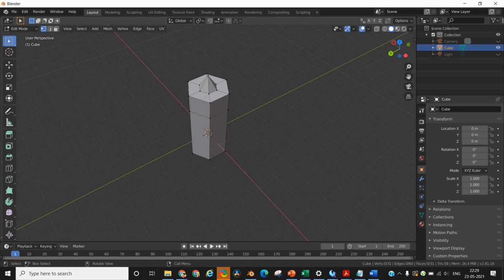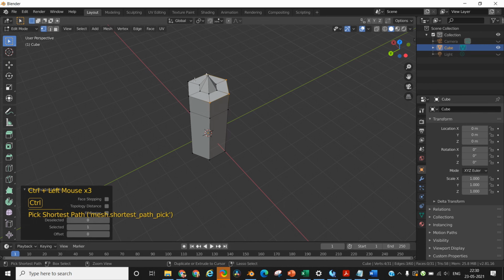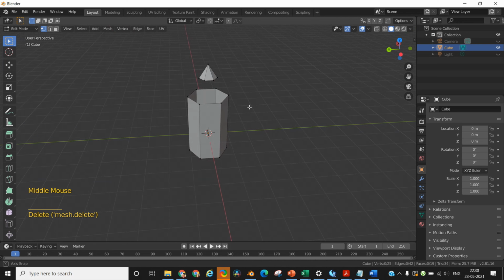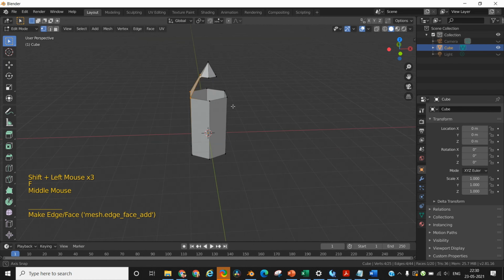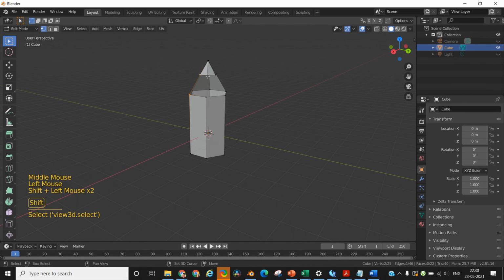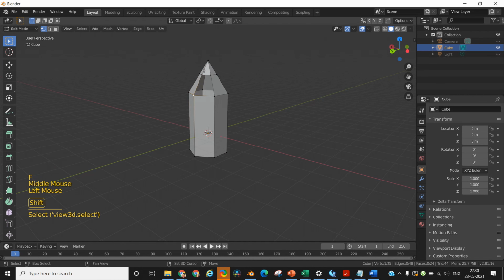Keeping the shift key pressed, select all the vertices at the outer edge of the top face and then press X and delete the vertices. This will remove the faces that were connecting the sharpened lead to the rest of the pencil, and now we will create the edges between the vertices. Since they are in perfect slanting alignment, it's easy to create the faces. So select 4 vertices at a time and press F on the keyboard to create a face within the selected vertices.